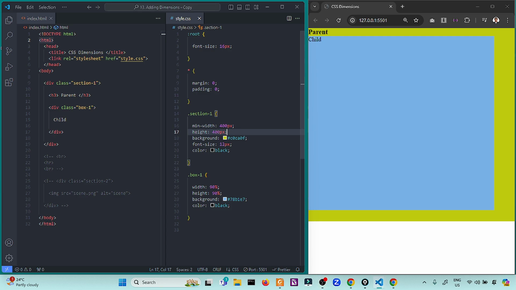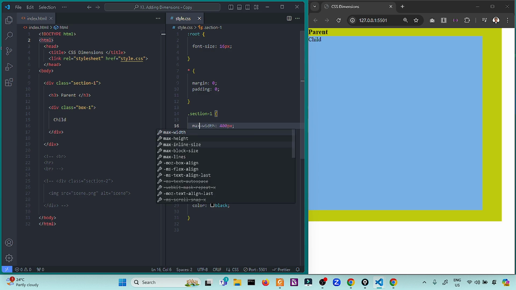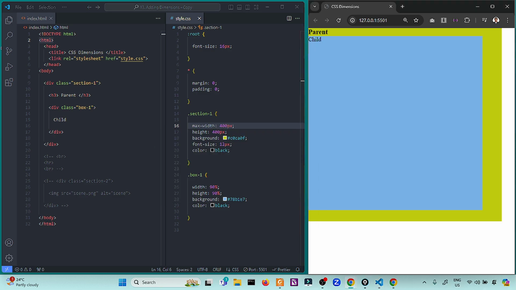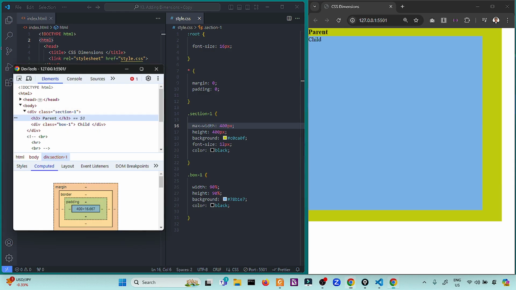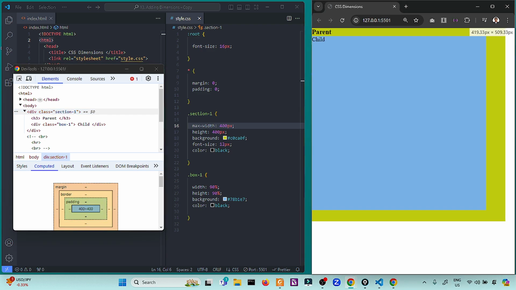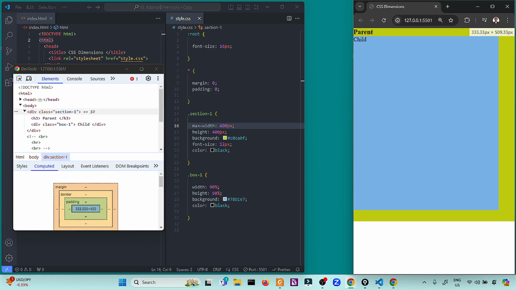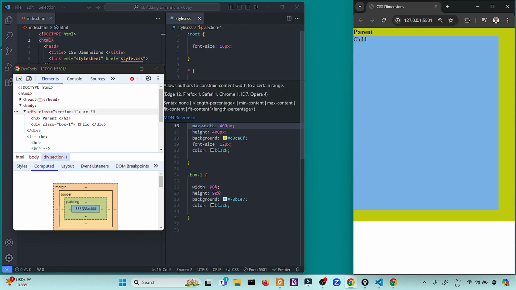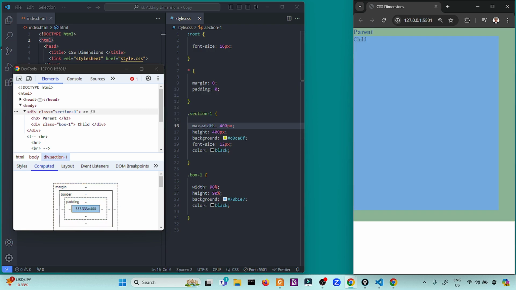How about we change this, for example, to a maximum width of 400? It means that the maximum width of section 1 will be 400. If I compress this one, as you can see, instead of having the fixed 400 pixels, it goes down to 333.